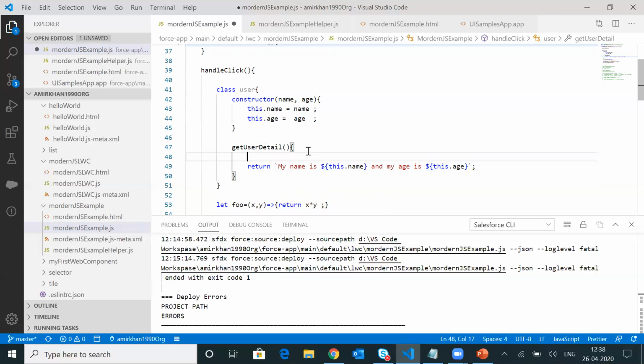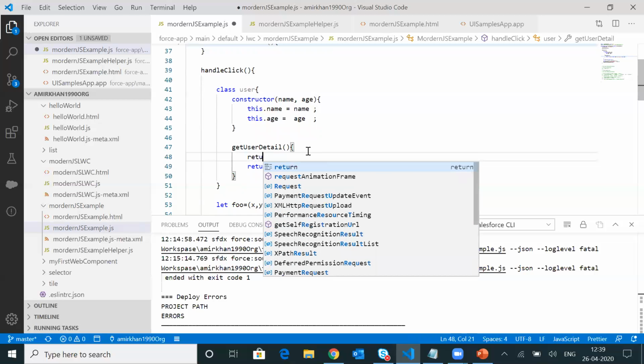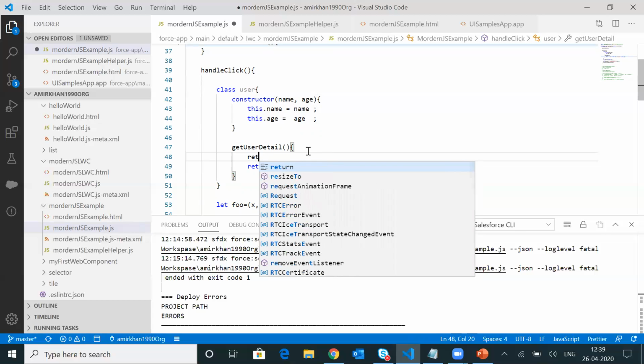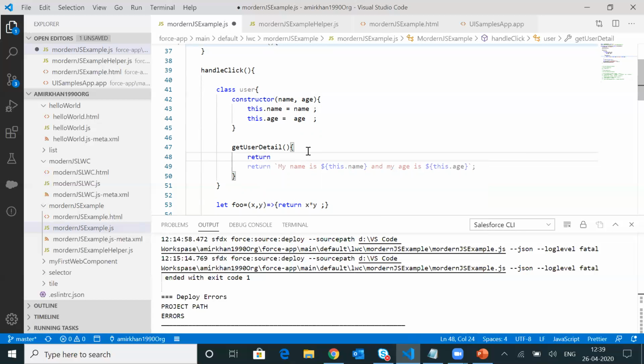In earlier days, what we used to write to return the string was: return, then within single quotes you write 'my name is', then append the variable this.name, and again append the substring 'my age is', something like this.